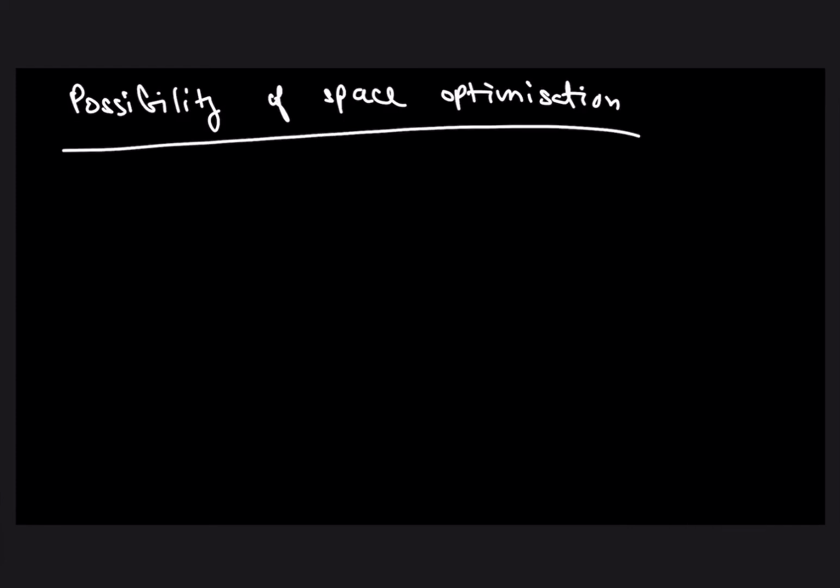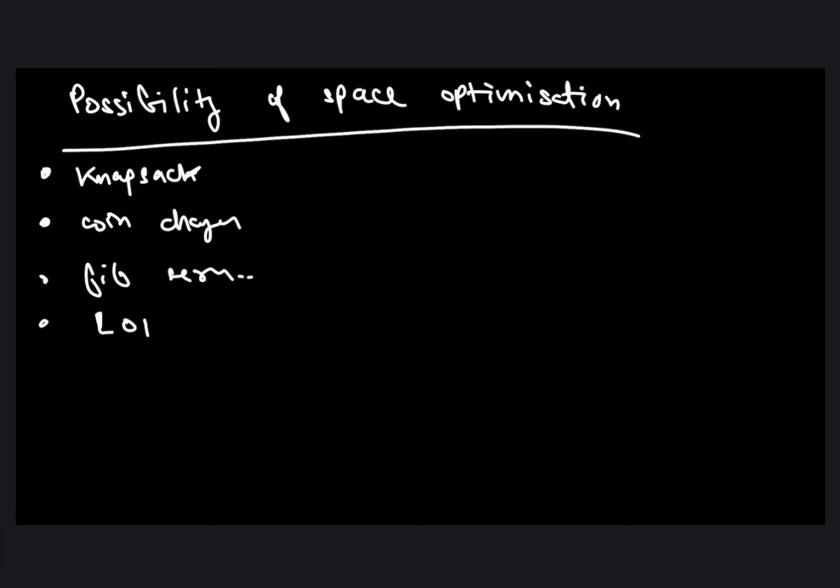All right, the next factor is the possibility of space optimization. This is the part where tabulation seriously wins the race. There are a lot of different dynamic programming problems. You might not have heard about them now, but as you keep practicing, these will be some of the most standard dynamic programming problems that you will encounter. The first one is knapsack. The second one is, let's say, coin change. Let's also include the Fibonacci series problem in the list. One more can be longest common subsequence.